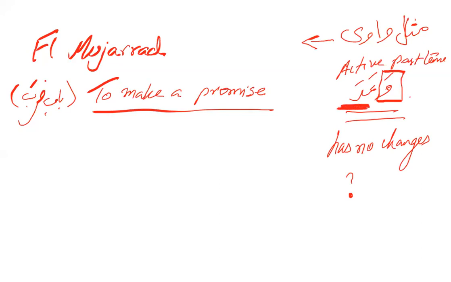So where do the changes happen in a past tense? At the beginning or at the end? Ending. Ending, exactly. So because the irregularity is the first fa kalima and the ain and the lam are normal letters, the whole active past tense will be normal, has no changes. So can someone do the conjugation for wa'ada?